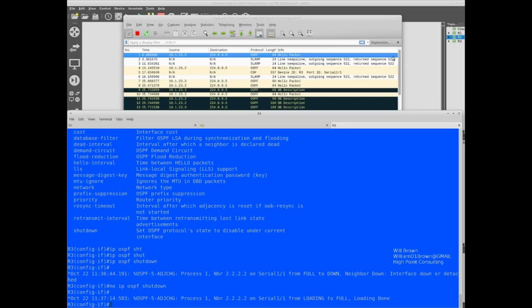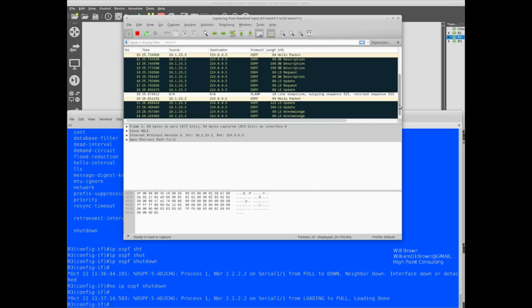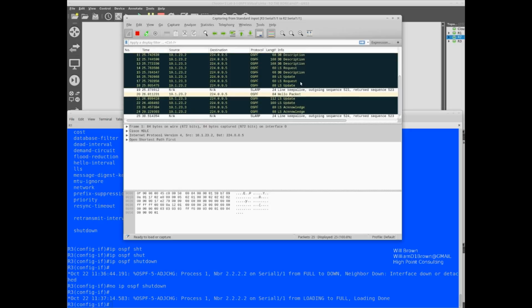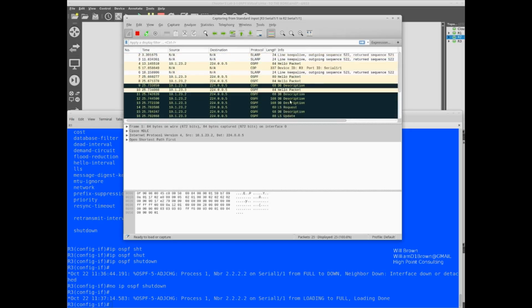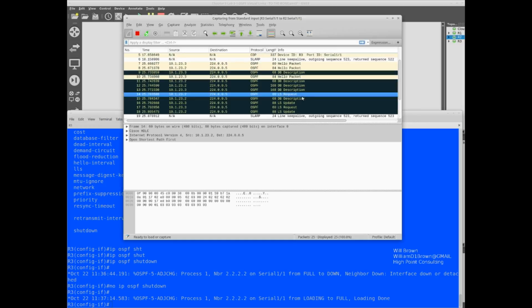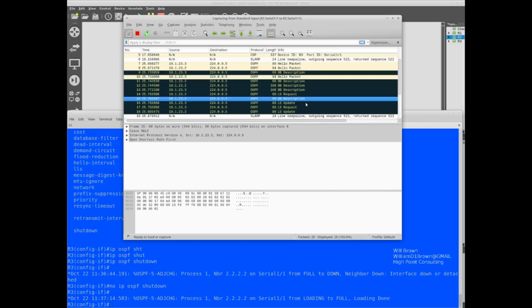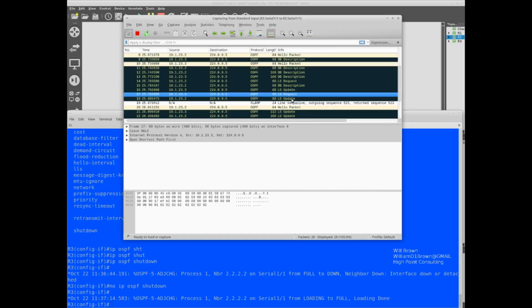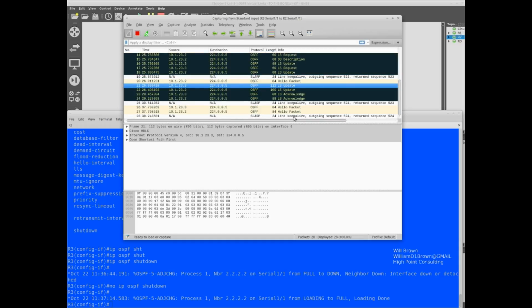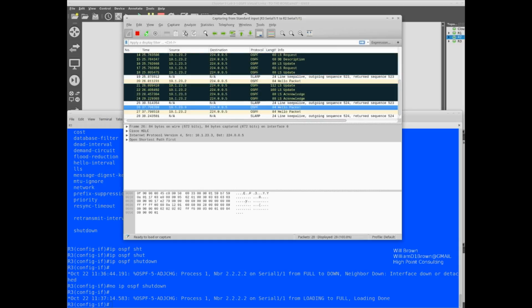Great, perfect. So we see a lot of detail here. We see database descriptions, LS requests, database description, LS updates, request updates, update, and then we're back to hello.